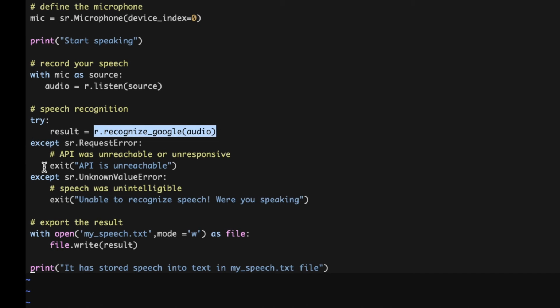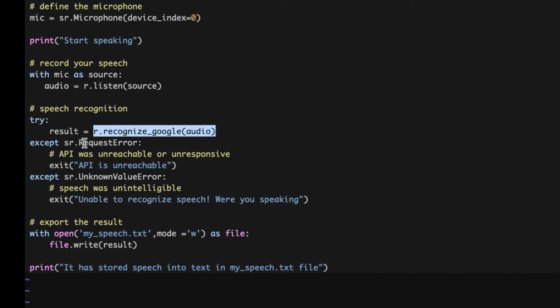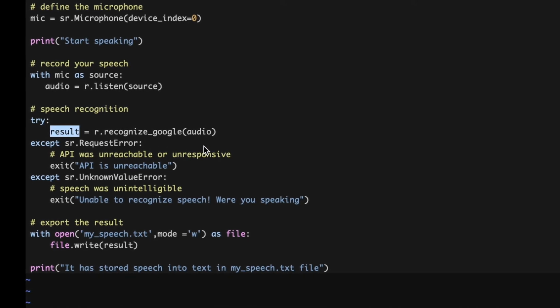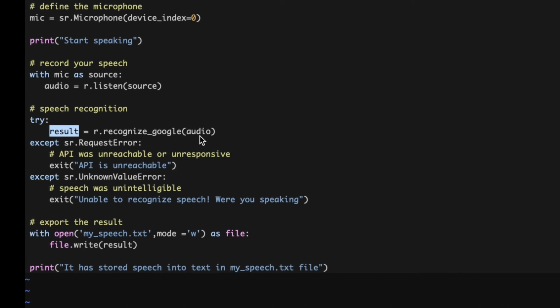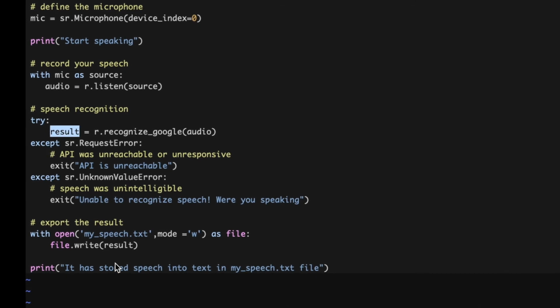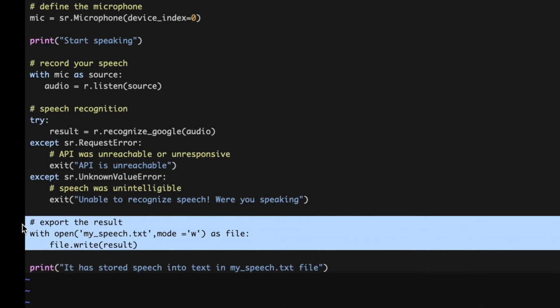I capture this so that it does not break or show a fatal error; rather it can handle this and we will know what actually happened. Once your result is saved, this result is text, the output of recognize_google with the audio passed as a parameter. Now I want to save that text in a file, so these two lines do that.